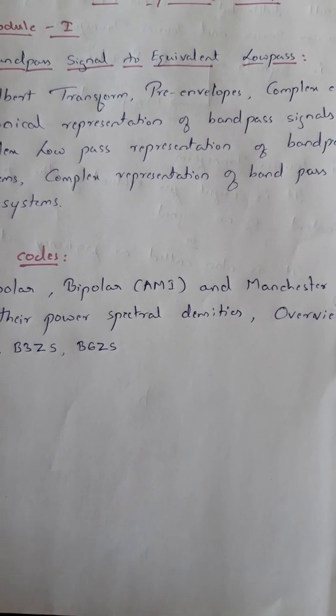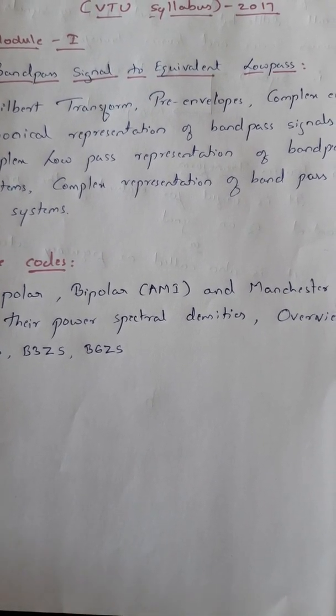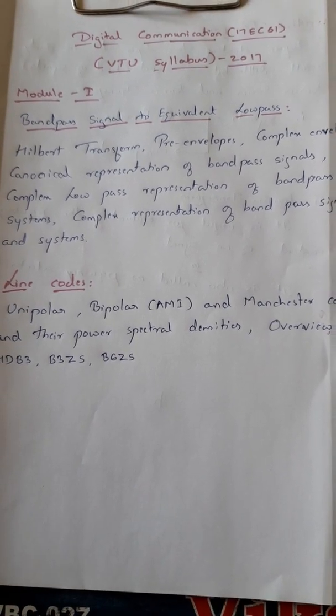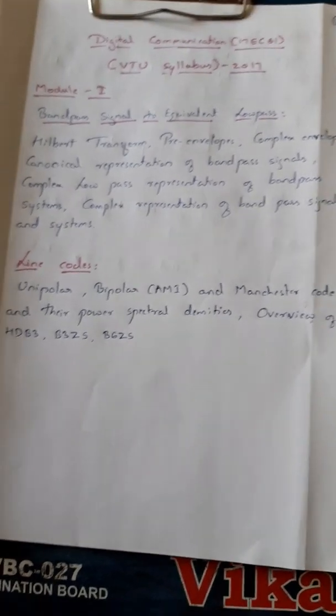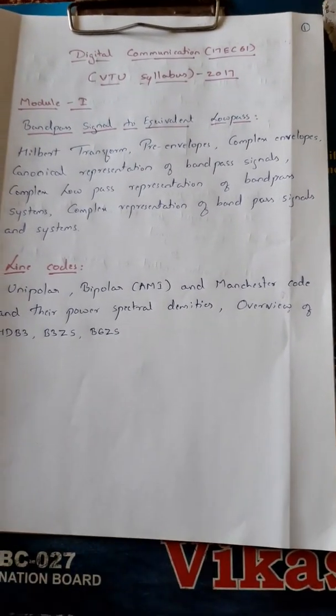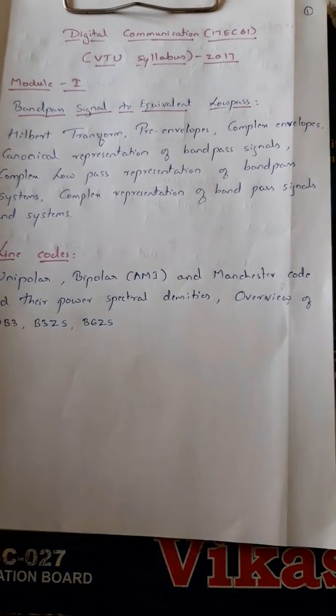And the fourth module, you have the communication through a band limited channel. And the fifth one is called the principles of spread spectrum. So this is a brief introduction about your syllabus. So today I'm going to start with the first module,